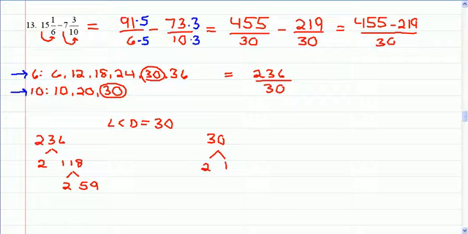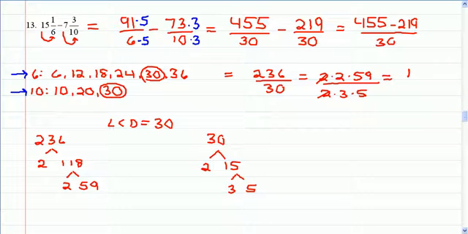For 30, I take 2 times 15, and then 3 times 5, so that I can rewrite my answer as 2 times 2 times 59 over 2 times 3 times 5. Only the 2's cancel, so that I end up with 118 over 15,